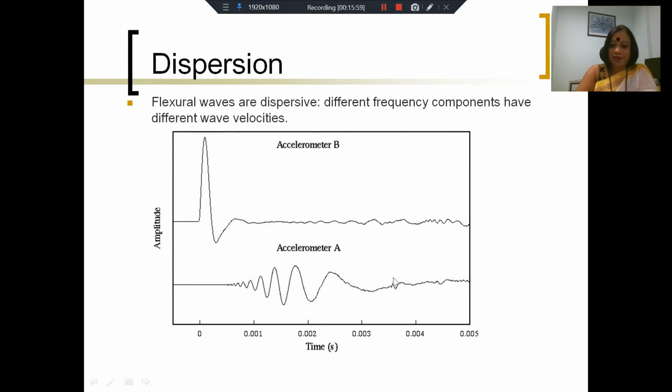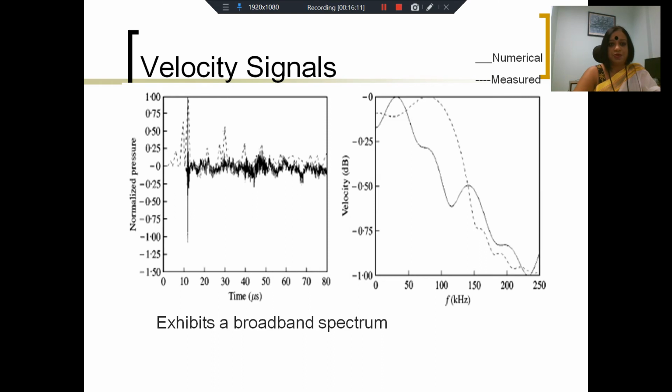So the shape is no longer visible, there is considerable attenuation, and therefore you may not even be able to detect the wave because of the combined effect of attenuation as well as dispersion. Here I have some examples from certain experiments we've done in the lab. Here you see the kind of signal that you would see at a sensor located on the vault